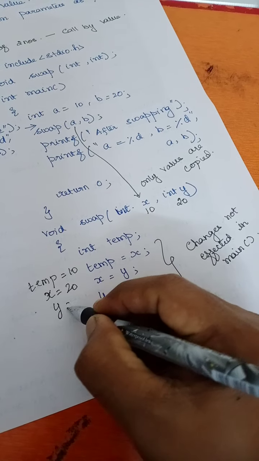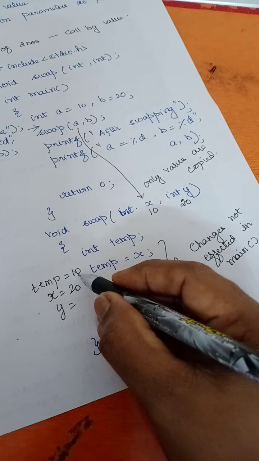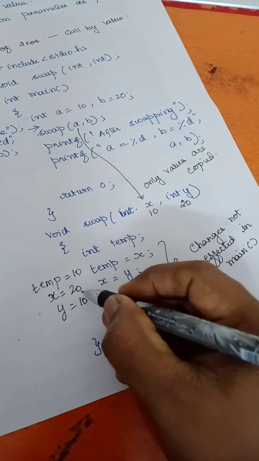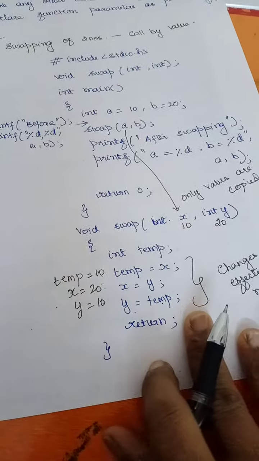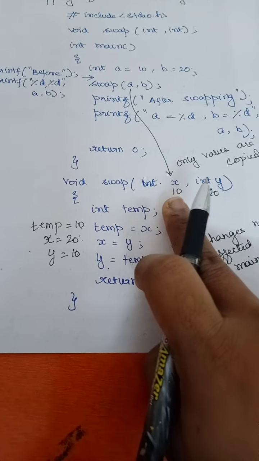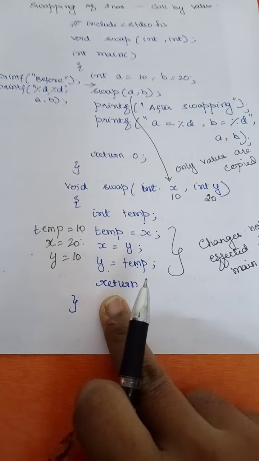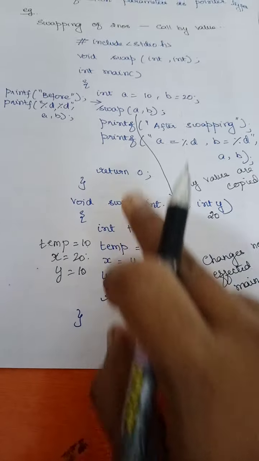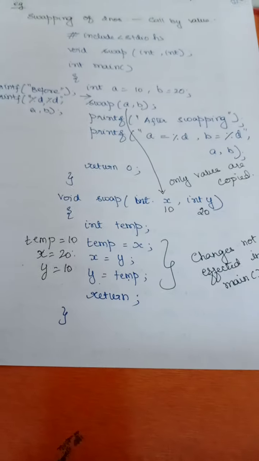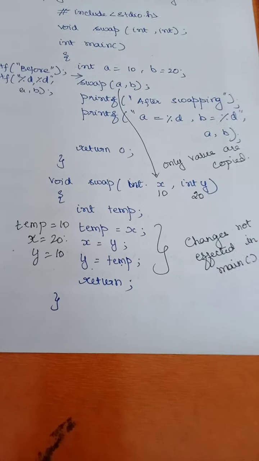and y is equal to temp. What do I have in temp? 10. So when you see here, I have interchanged my values 20 and 10. Here I had received 10 and 20, but here it has become 20 and 10. Right, now return. If I return and go to the main program, printf after swapping,